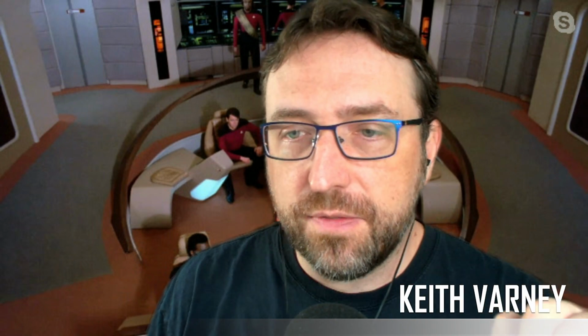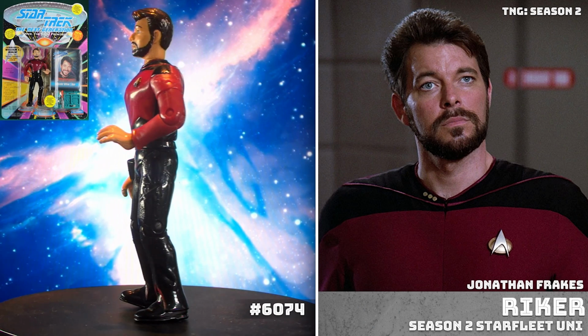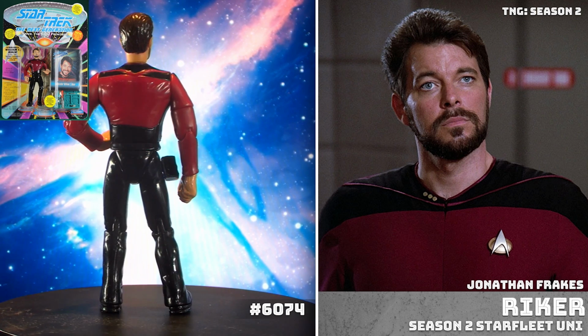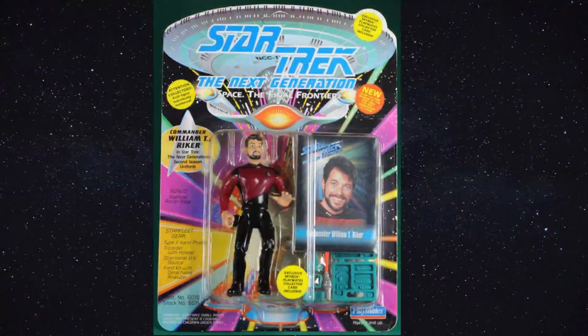Even though, ironically, Thomas Riker has a much better case for having the torn uniform, because when they discovered him having lived on the planet for 8 years or whatever it was, I think I remember his uniform was pretty scuffed up. Although it was a good attention to detail, because even though it was later in Next Gen, he was still wearing the old style uniform that we're reviewing today. So good attention to detail, even though his figure, look at, is that not...